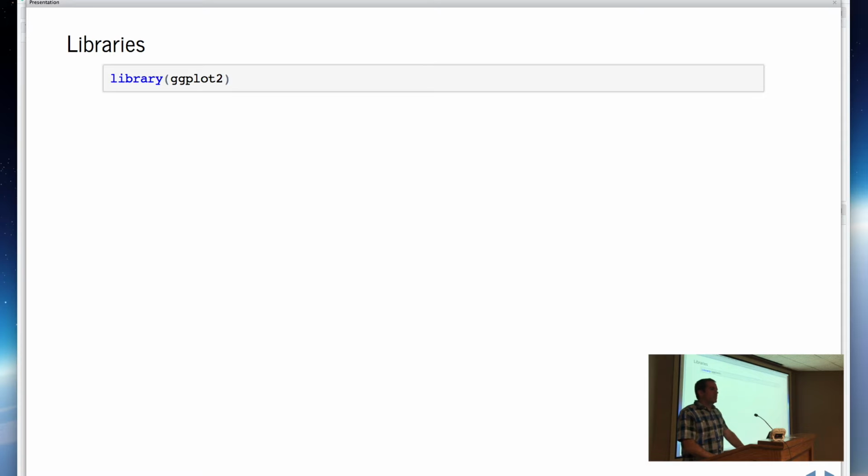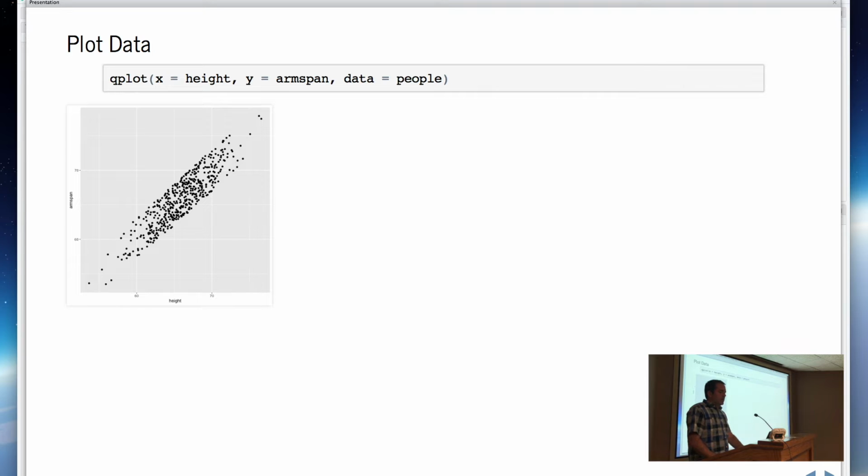So we'll bring in ggplot2 as a more modern plotting library. This is part of the Hadleyverse, what's the real name for it? Tidyverse, thank you. Hadley Wickham, who works at RStudio, and others helped write one of the packages that does a more attractive and modern job of plotting than the base R packages. So if we want to start analyzing this data, we can do a quick plot and have height against arm span. And as you'd expect, there's this strong relationship together, but a wide band, and that band comes from the random uniform noise that I added to it.